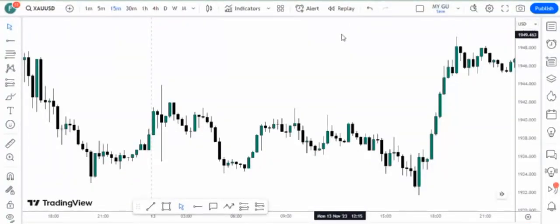All right, so now we're going to talk about how we can figure out that price is in the accumulation phase, or price is creating a range before the actual impulse. All right, so my first signal would be,